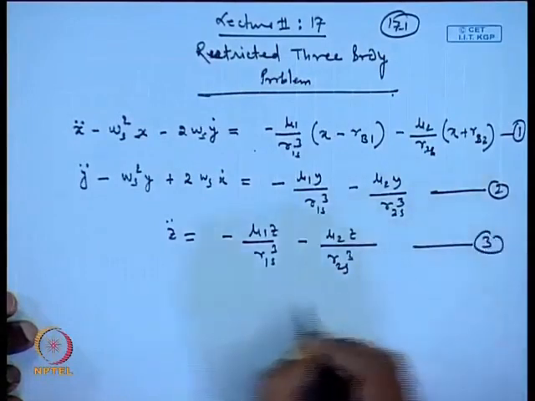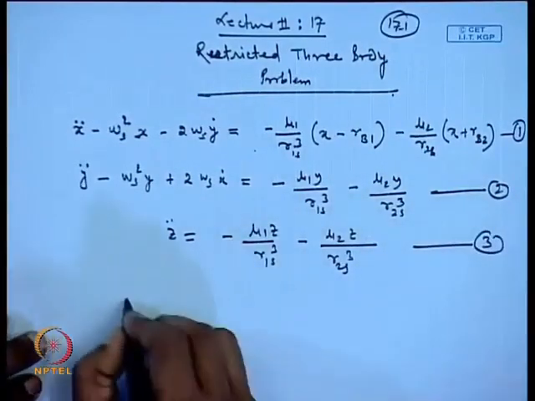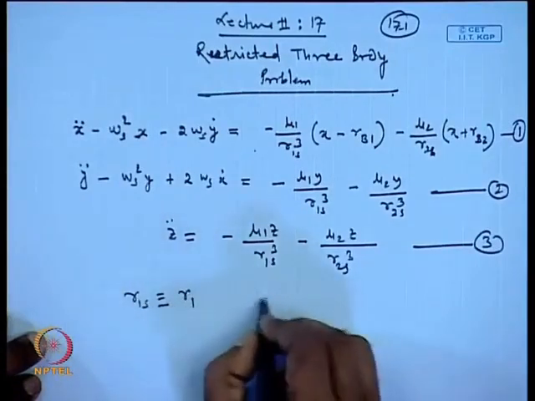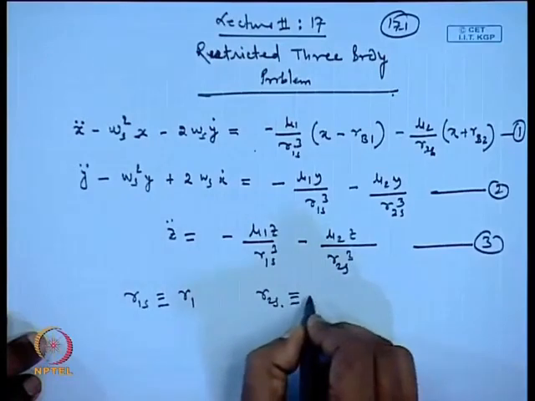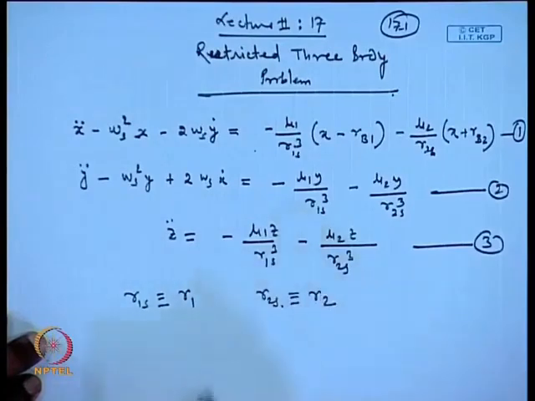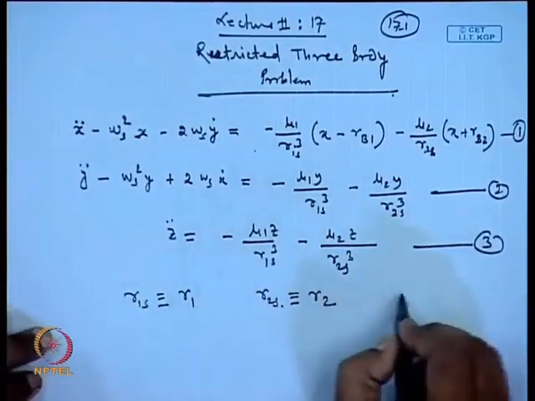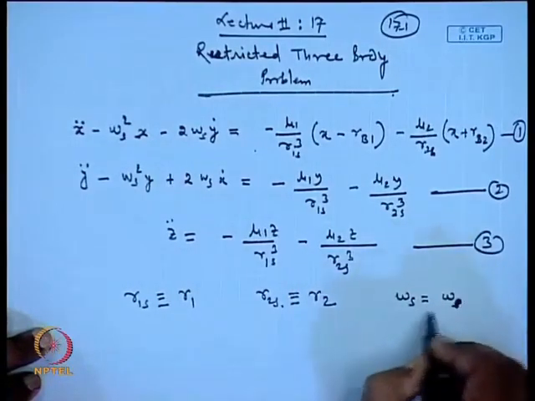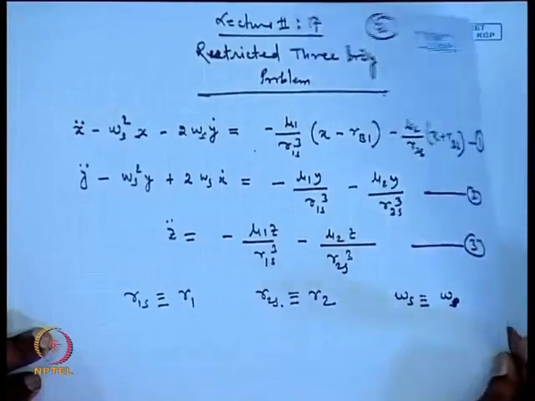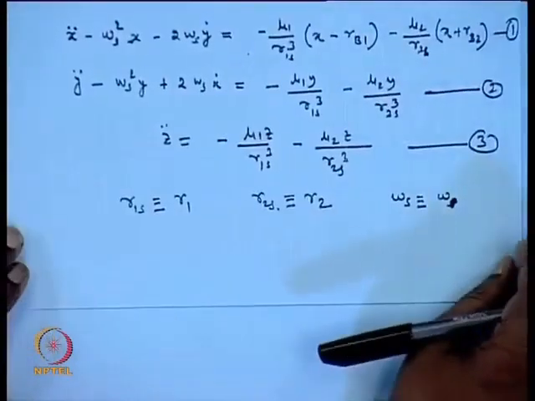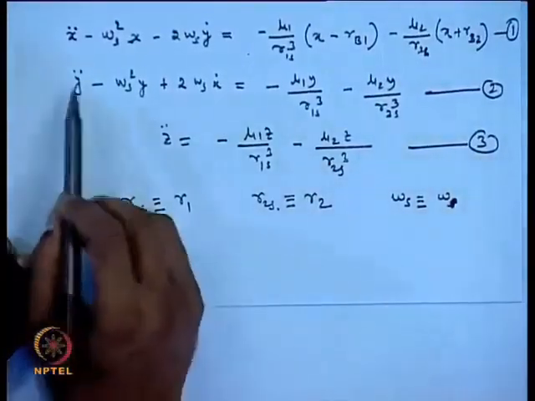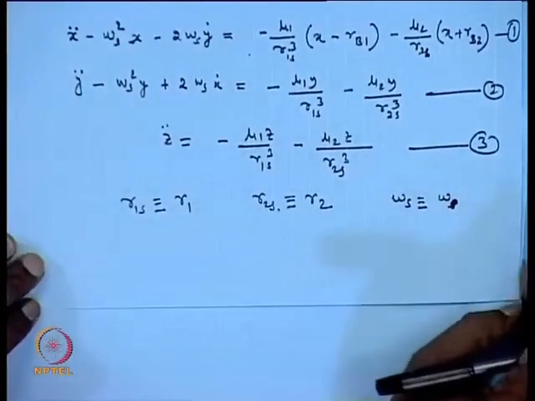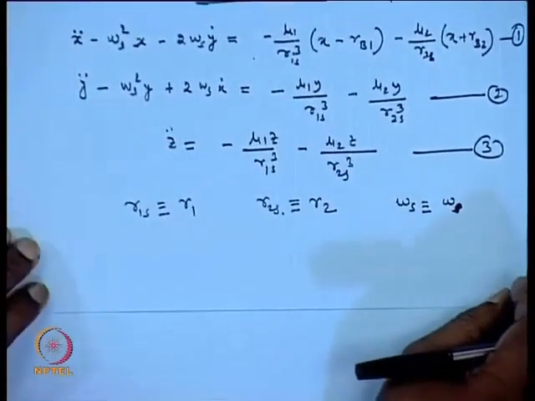So, these are the three equations that we started with. So, here for our convenience, we wrote R 1 s equal to R 1 and R 2 s equivalently as R 2, and omega s can be replaced as omega. Okay. So, the integration of these three equations with respect to t, it produced the